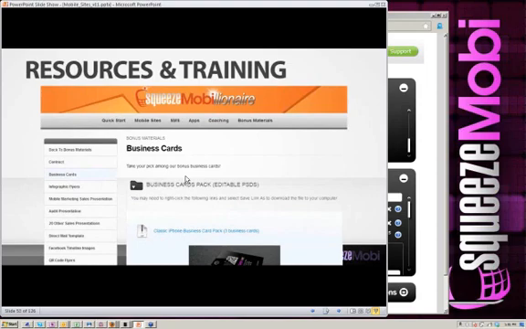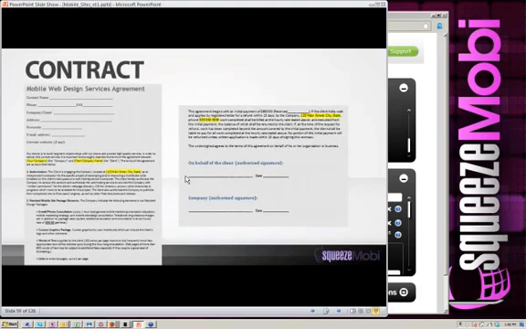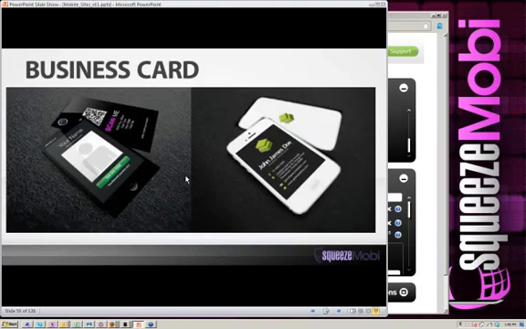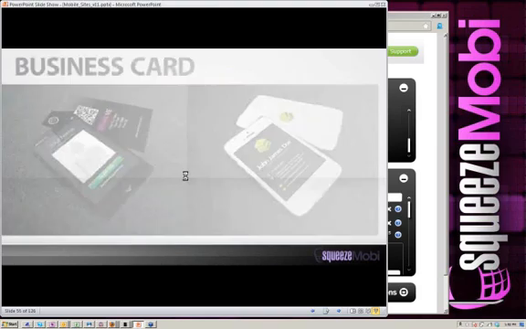Now that's not enough because we wanted to put resources and training in here. You can't just have an ability to fulfill. And I see a lot of questions coming in that I'm going to get to later. We can't just have an ability to fulfill. We need to have our entire business. All right, that is why we are including our mobile services contract, our business cards, and all of this